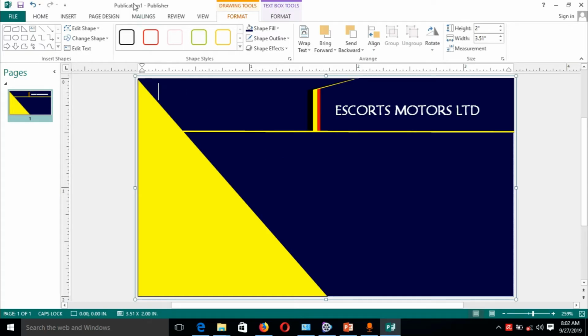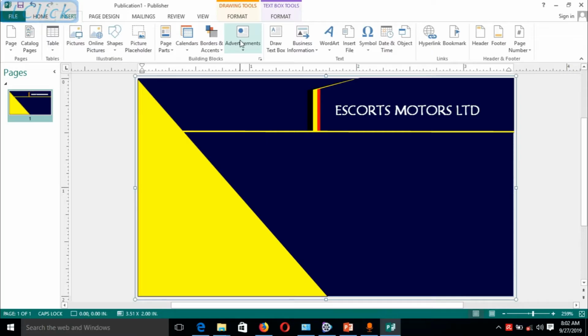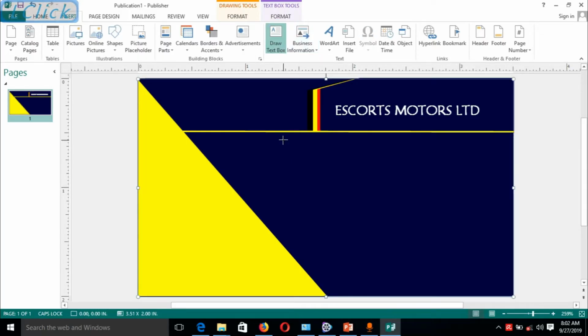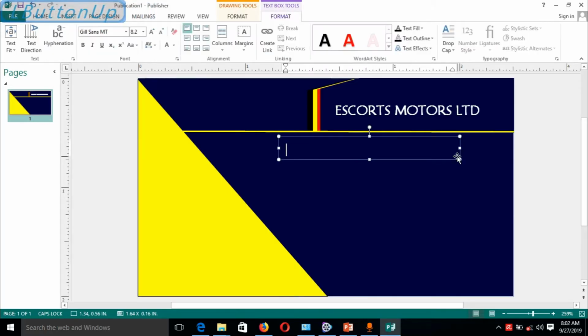So what we do is we again draw a text box. Come to that and then draw a text box. I come and then I draw a text box there, and then I'll say human resource manager, like that. So backspace, and then of course I will increase the size of this text box, and then